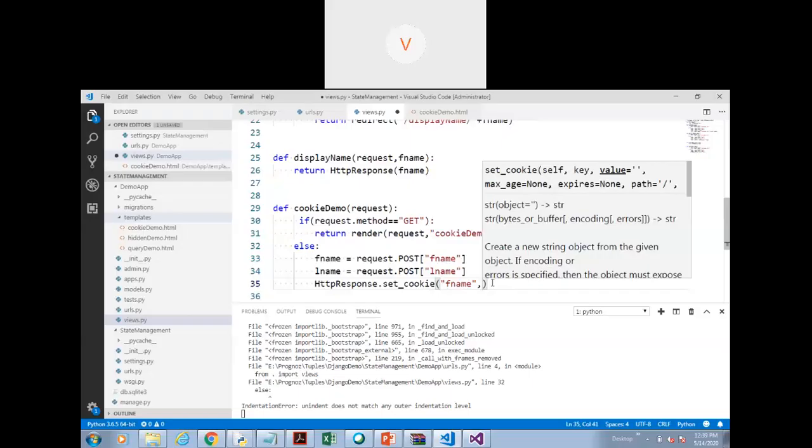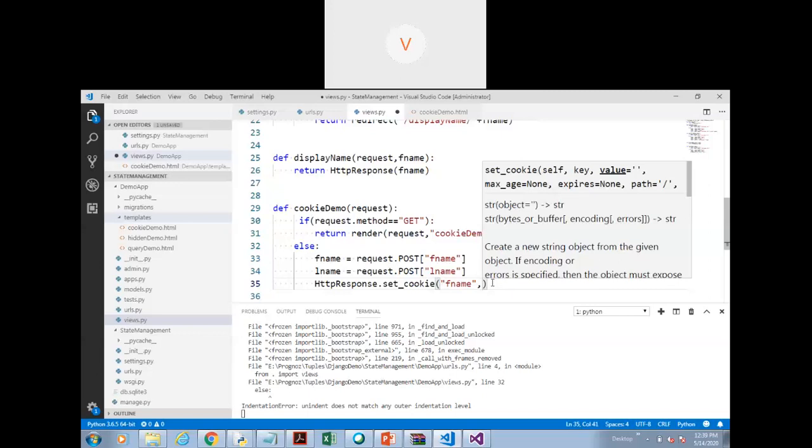So first here we have to specify the key and the value would be fname. Similarly, HTTP response dot set cookie, and here the name, name, and here we have to specify name.